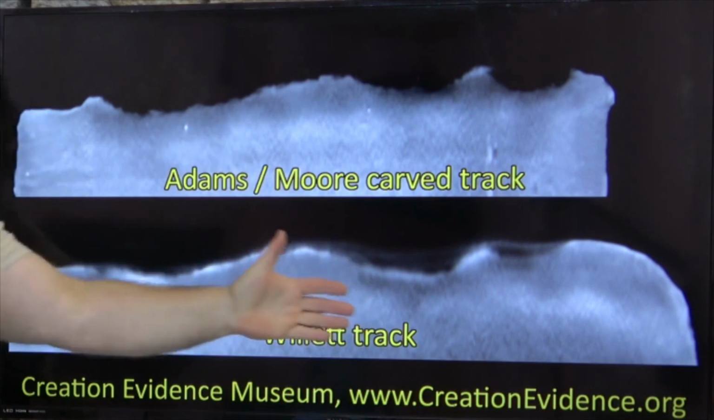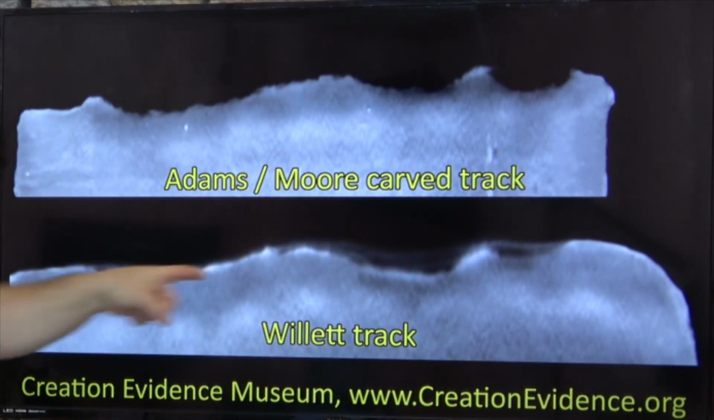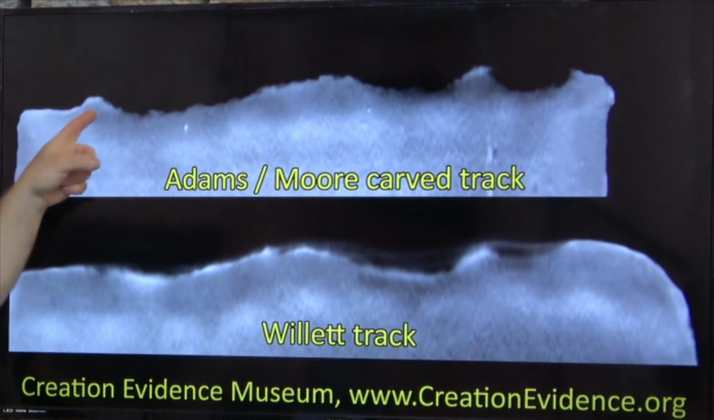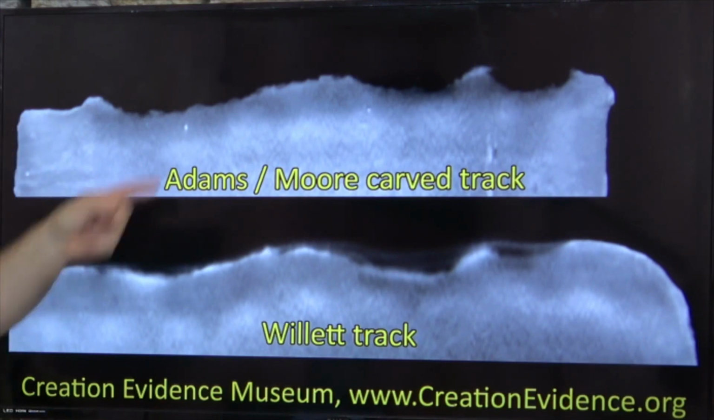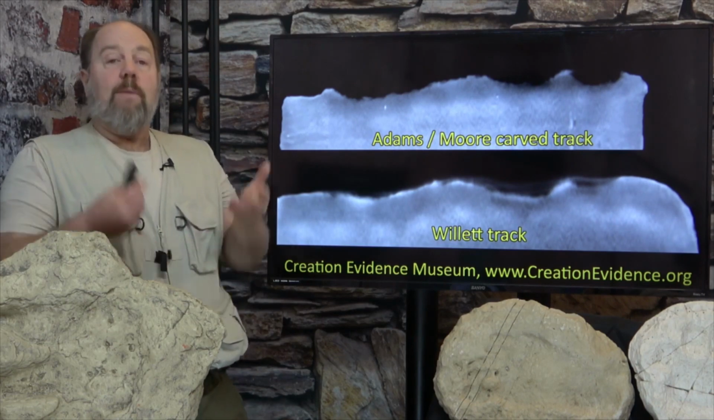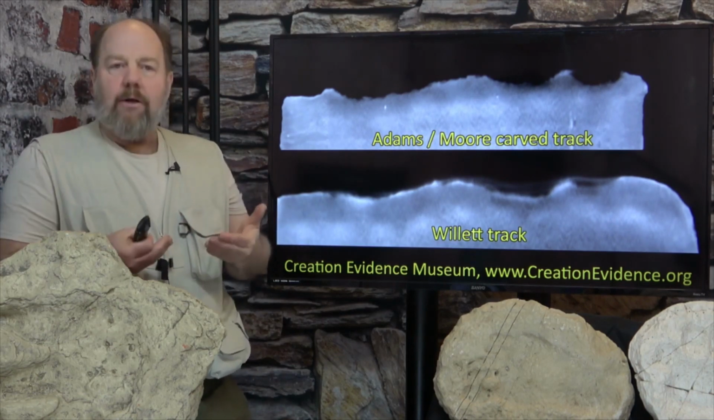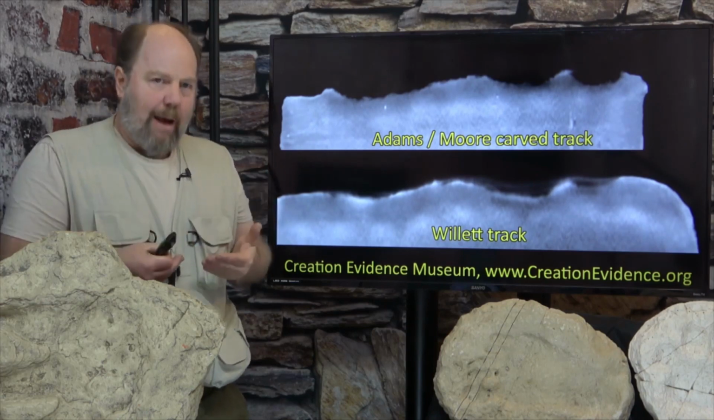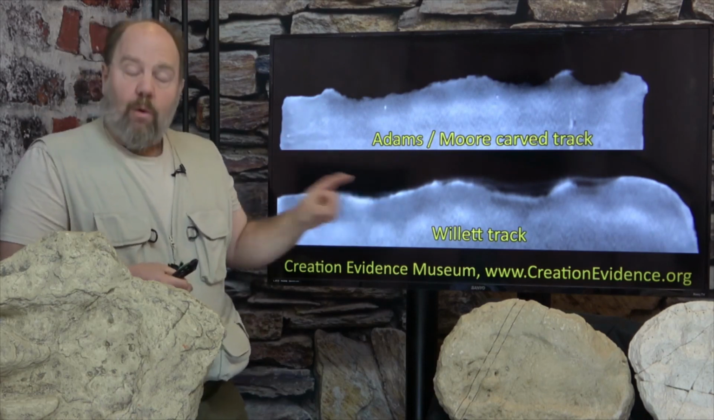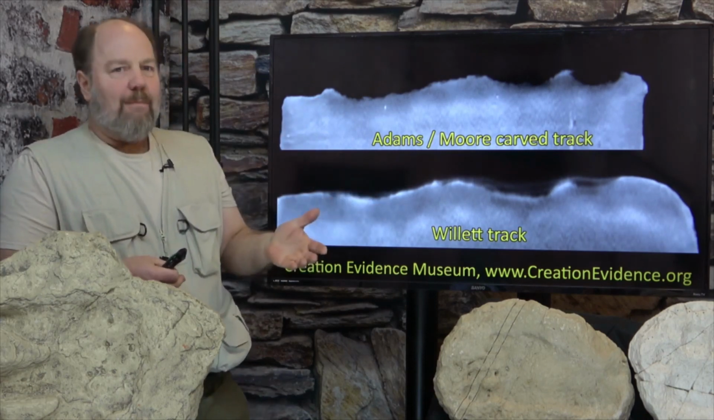between the two tracks. And remember, we're looking at the side profile of the tracks, as if we had severed the rock in half. While you can see the higher density rock following the contours of the Willett footprint, you can see that the higher density rock in the Adams-Moore track is only visible where the track has not been carved out of the rock. That track is carved, and the removal of the rock to carve the footprint removed that veneer of harder, higher density rock on the surface of the slab. So we can thus confirm that the Willett track is a genuine fossil human footprint found in Paluxy limestone, but